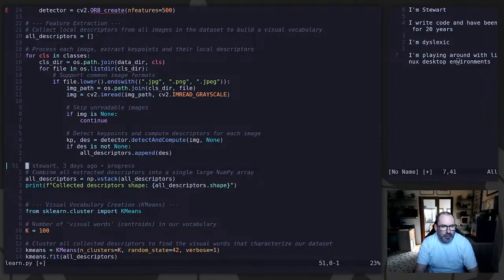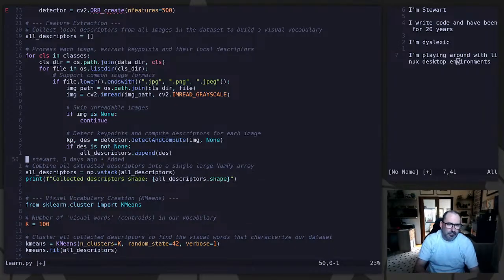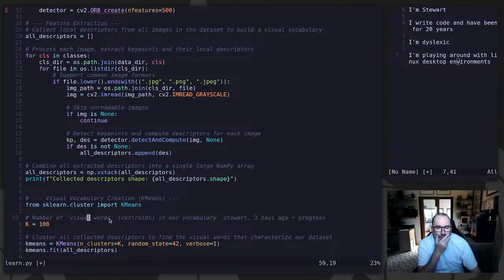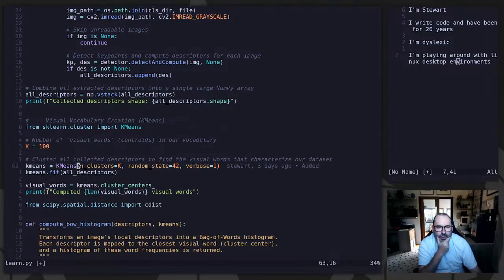All right, I think we're good here. Okay, so we combine all of the descriptors by